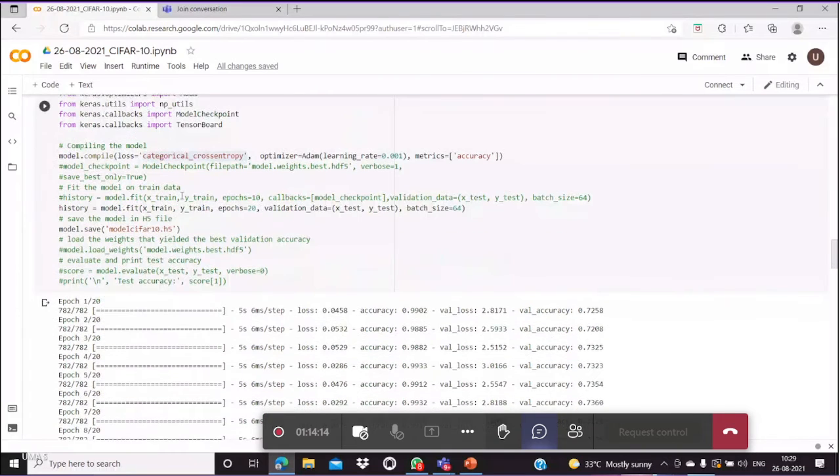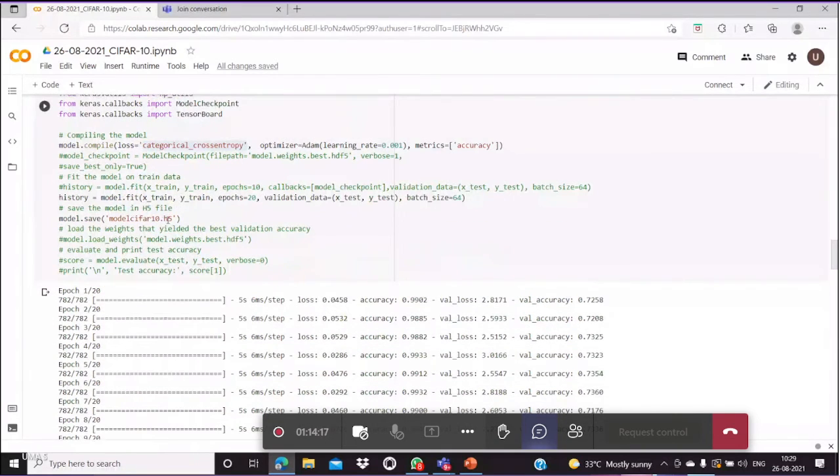Now the model has been created, and now I'm going to compile it. For compiling, I have to calculate the loss function, because while neurons pass through hidden layers, the loss happens during training. So categorical cross entropy we can apply for multi-class classification, and binary cross entropy for binary classification. I'm going to use Adam, and the learning rate I have to consider is 0.001. We have to change it if the performance metrics are not satisfactory.